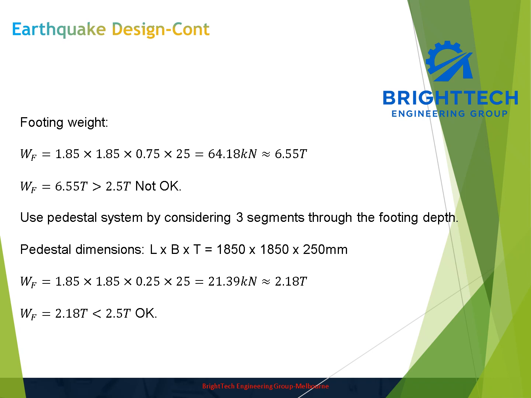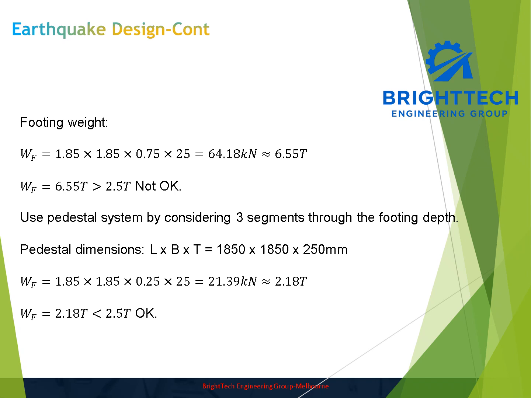Footing weight is the dimension multiplied by the unit weight of the concrete, which is 25 kilonewton per cubic meter. The weight of the footing is 6.55 ton. As you can see here, this is greater than the criteria that we had, so we need to